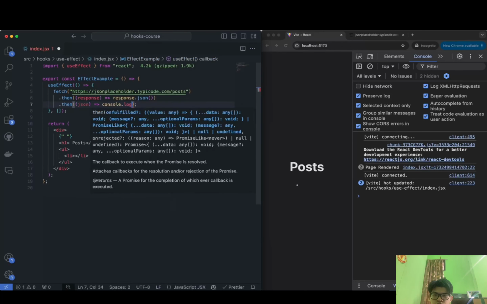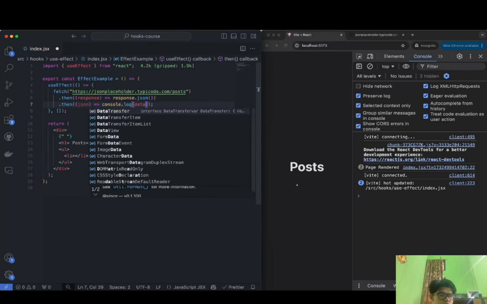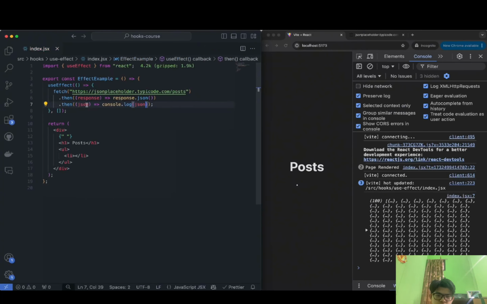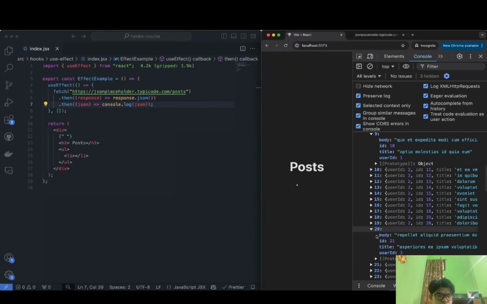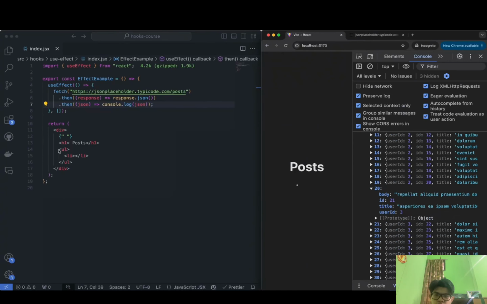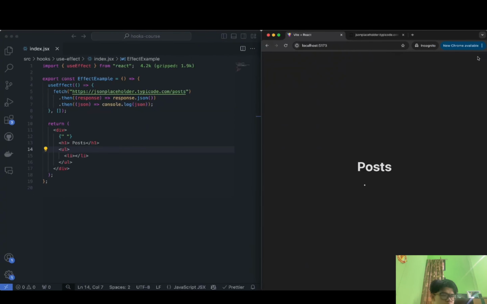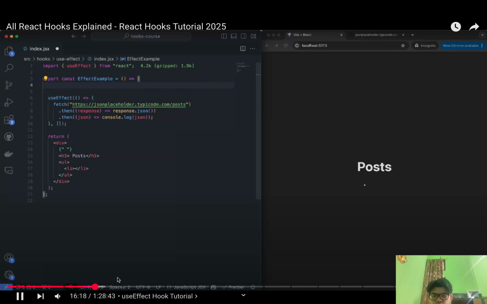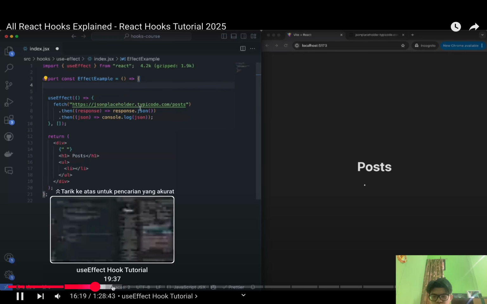Right now, let's just console log that data so you guys can see. Actually, I need to do JSON, and perfect. Now you should see that we get the console log over here with all of the data from the API. But how do we display it in our component? Well, we need to use what we learned in the previous hook, which is the useState hook, and utilize a state for this, because we want to have a variable in which when its value is changed, which means whenever